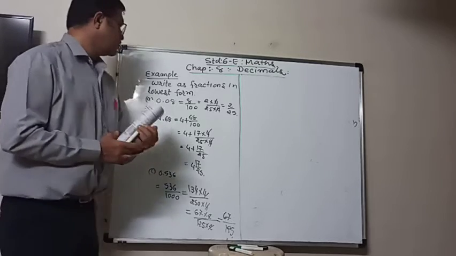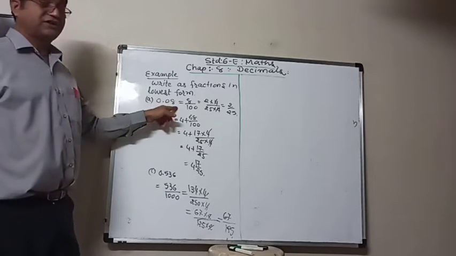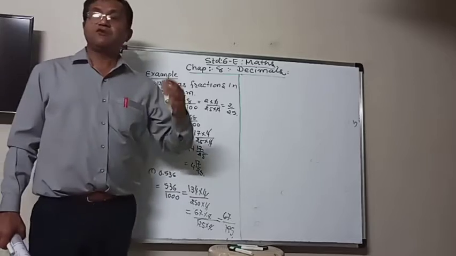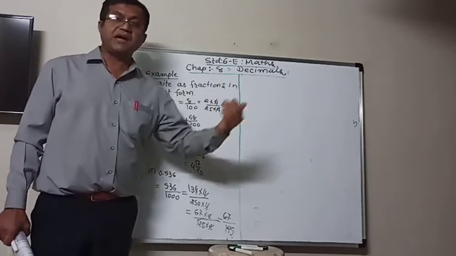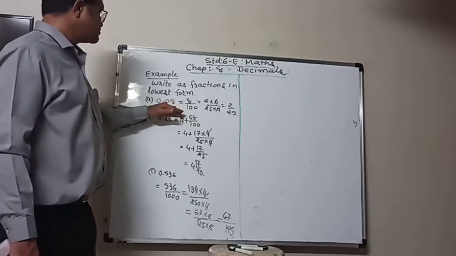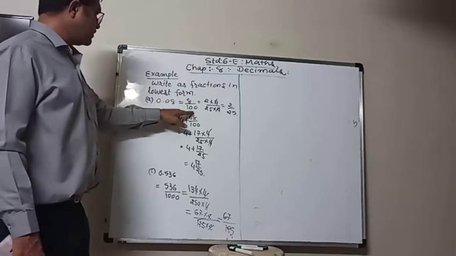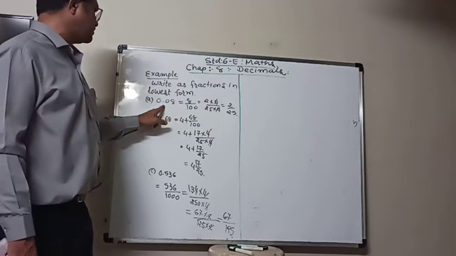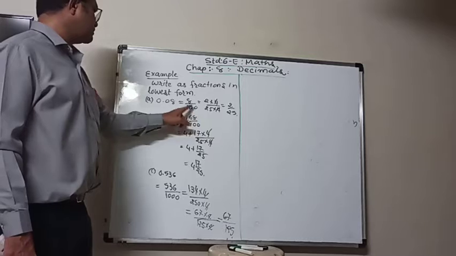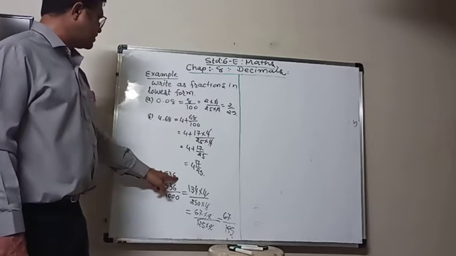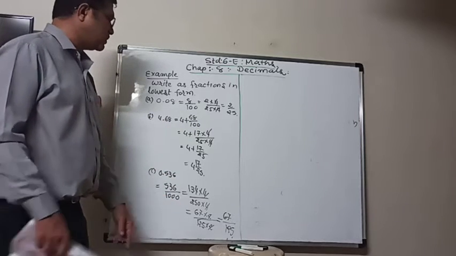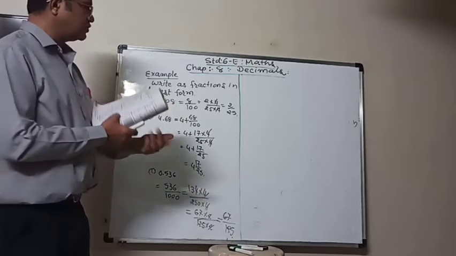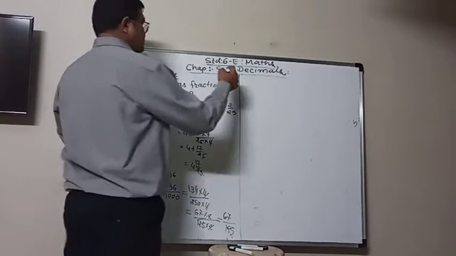So here from the decimal fraction, we write down as normal fraction and then we have to simplify. So when there are 2 digits after the decimal point, you put 100. If there are 3 digits after decimal point, you have to put 1000 in the denominator and do simplify. Next examples,